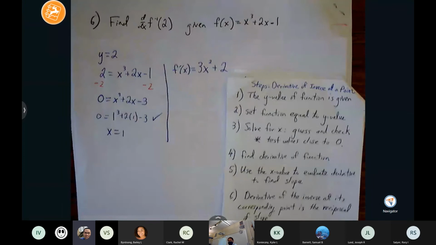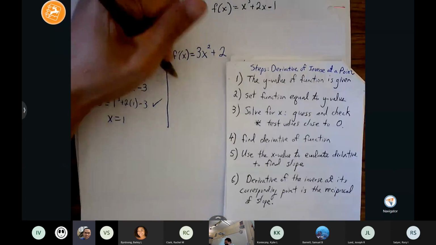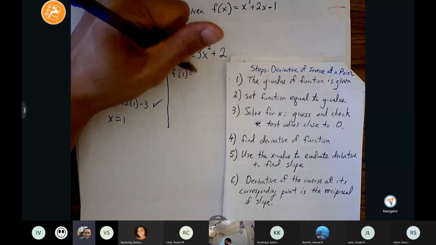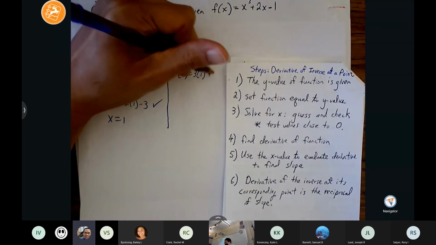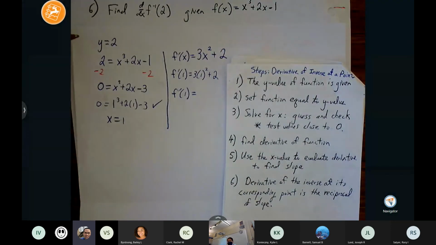From the derivative, we can find the slope, right? You got the 1, that's why this 1 is going to help us out, right? Find the slope using 1. Slope equals